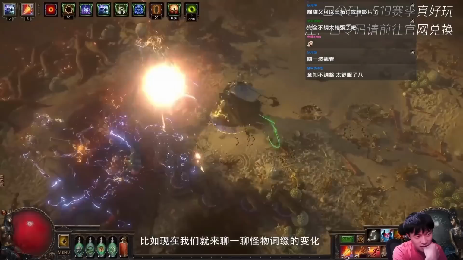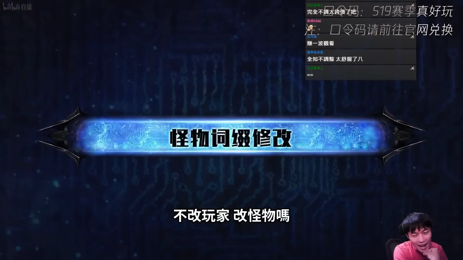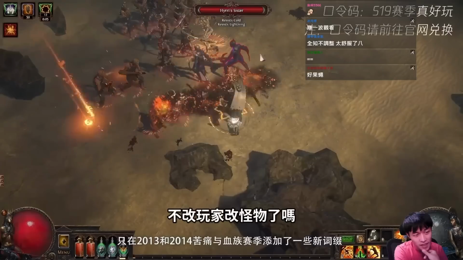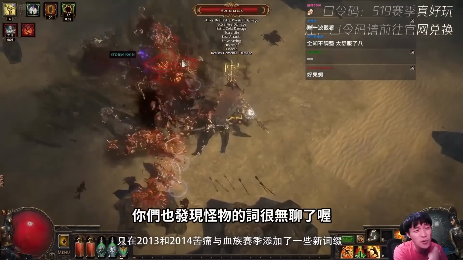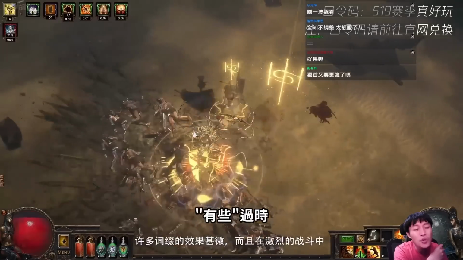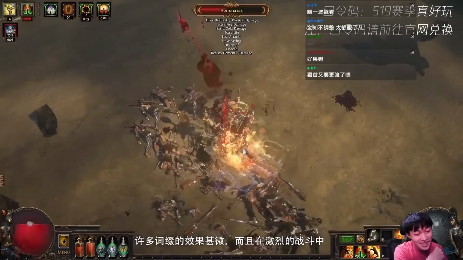Talk about the changes to monster modifiers. Magic and rare monsters in Path of Exile get a lot of their power from their monster modifiers. These mods are unfortunately showing their age. Many of them are unimpactful and it's quite hard to quickly read their descriptions in